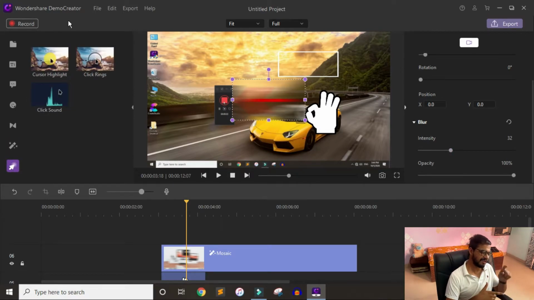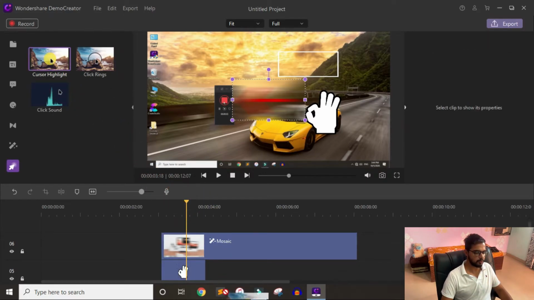The last, I think maybe I should talk about this thing at the beginning of the video. Anyway, basically these are some mouse effects that you can apply. It will be very helpful for maybe tutorial videos, I guess. So if you want to give a highlight to your mouse cursor, then you can apply. Basically there are 3 things. Either you can apply some circle rings, or color, you can change the color later on, and the mouse click. You can apply mouse click and any of these effects.